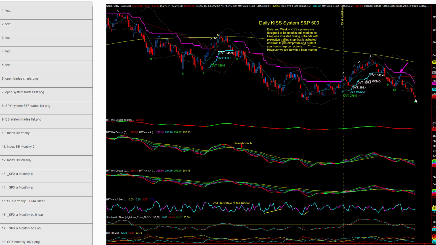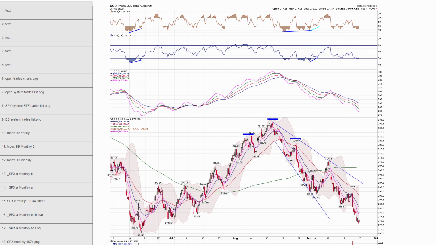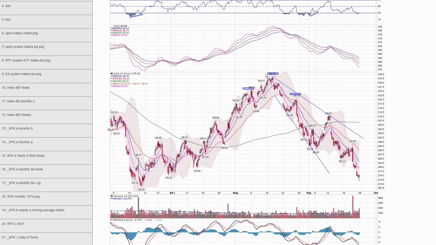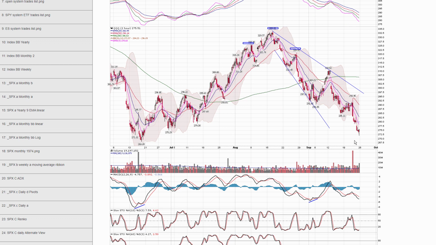By the way, we do have a DeMark 9 here at the lows as of Friday. The last time we had a DeMark 13, we had a bounce. So something to watch. Next. Chart 34, here's the 2-hour view of the triple Qs. You can see this expanding diagonal. The head and shoulder pattern clearly played out. Again, no divergences down here, just oversold.